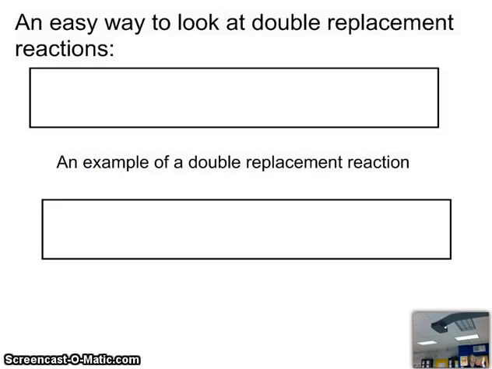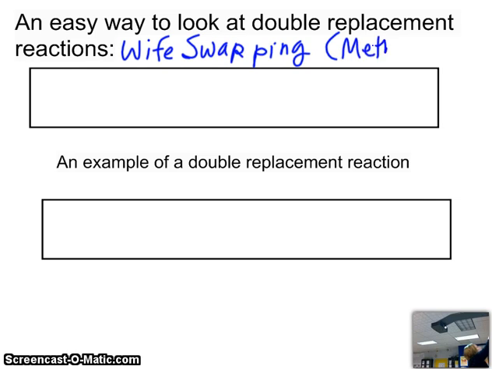Okay? An easy way to look at double replacement reactions is wife swapping. You cannot call them wife swapping. Another name for these is metathesis. I don't really even know how to spell that, but I think it's like that. So if you have, let's say you have